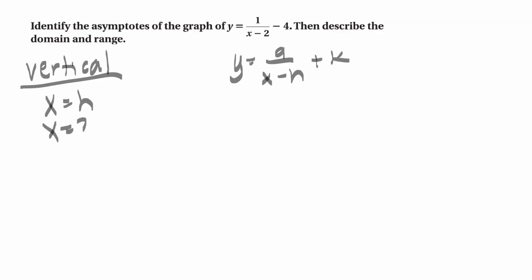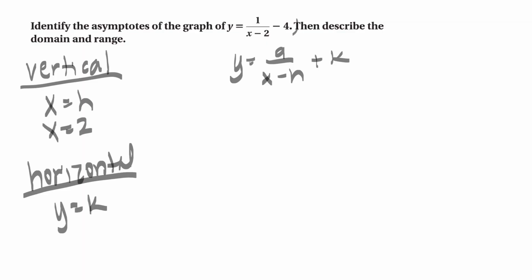So x equals 2. So we know that that is excluded from our domain. And then our horizontal is at the point y equals k, and our k value is -4, so y equals -4,